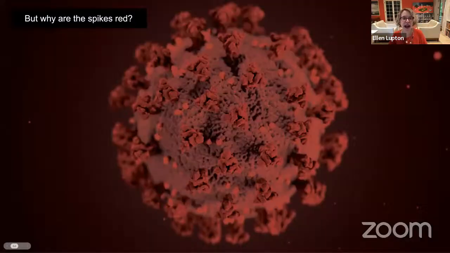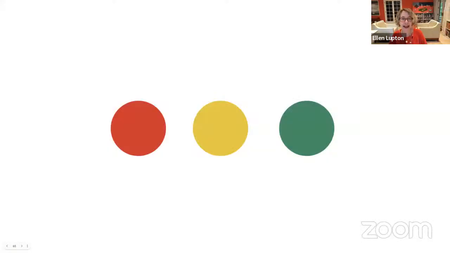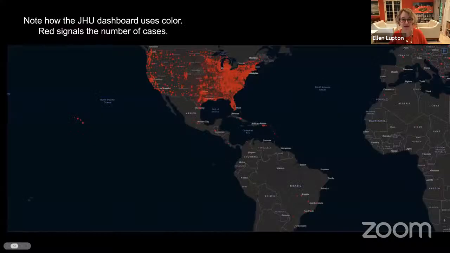So we might wonder, why are the spikes of the virus red? A virus really doesn't have color, and there were no color references that these artists were working with. But they made the spikes red in order to send a sense of urgency and warning in the use of this graphic. And color has accepted international meanings of stop and caution and safety. And data graphics often pick up on those coded meanings in underscoring the emotional content behind data.